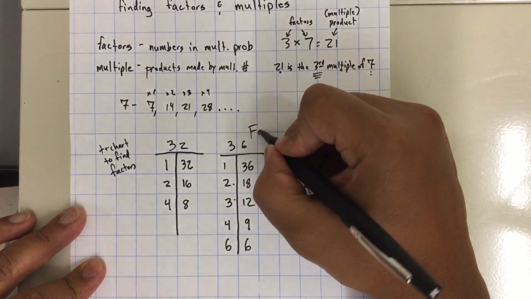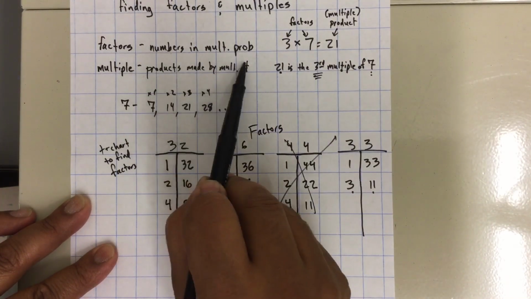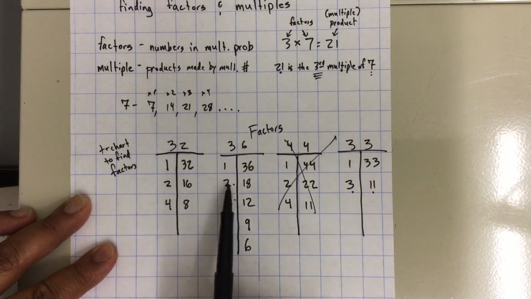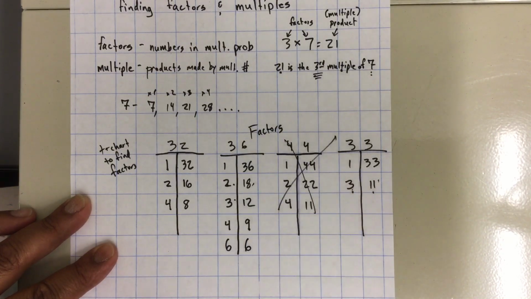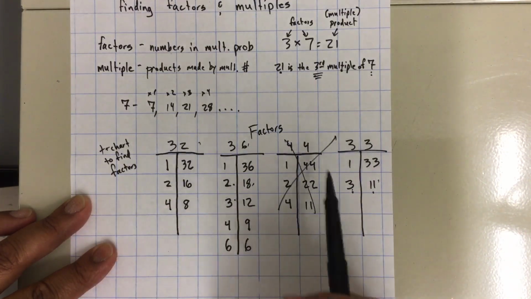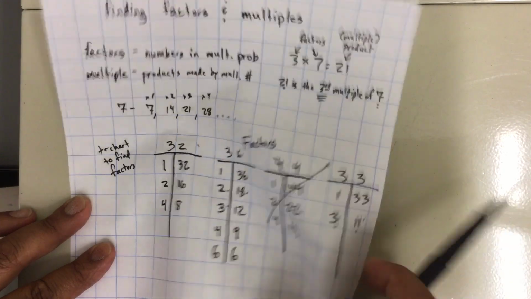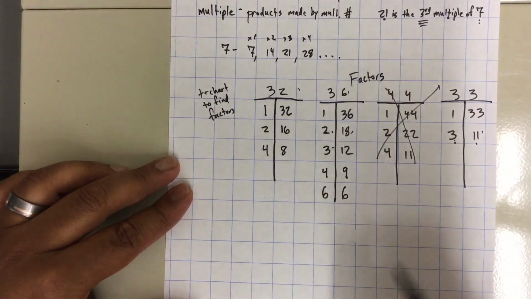All of these were factors. I was finding the numbers in a multiplication problem. 1 times 32, 2 times 18, 3 times 11. All of those are factors making these starting numbers. This chart totally works for 44. It was just a bad example of finding 2 primes. The next thing we need to do is